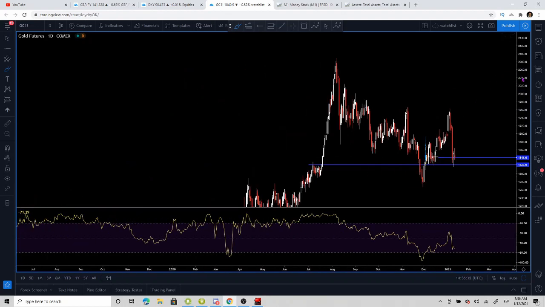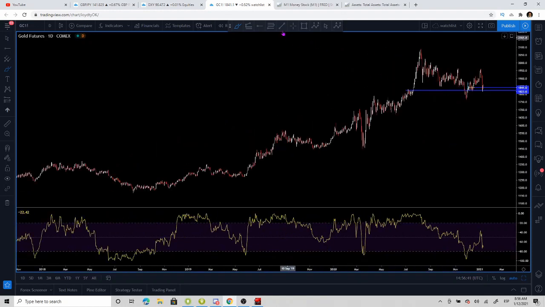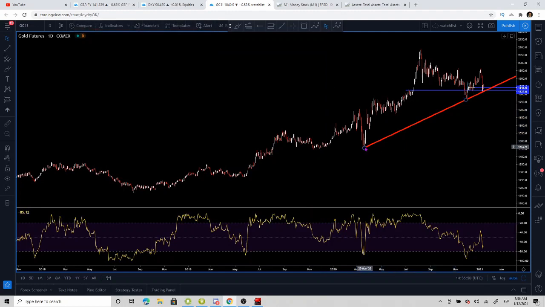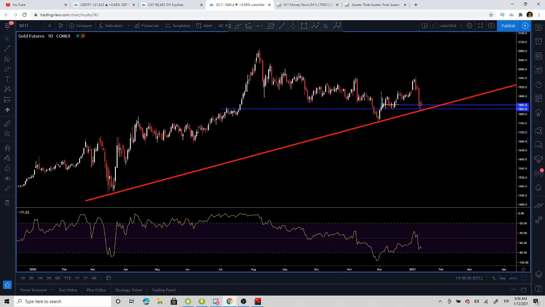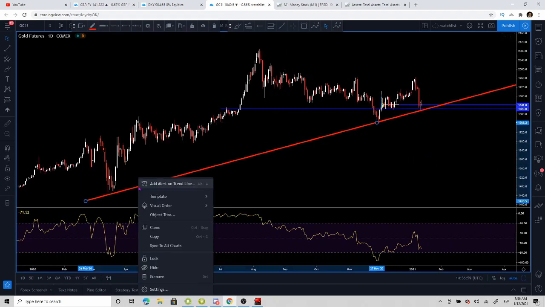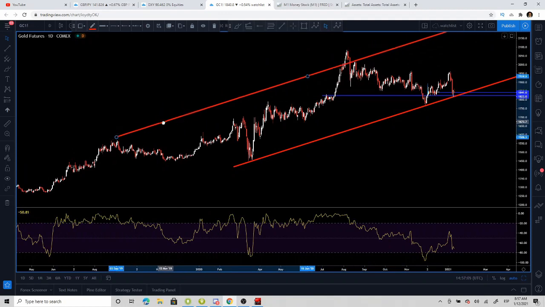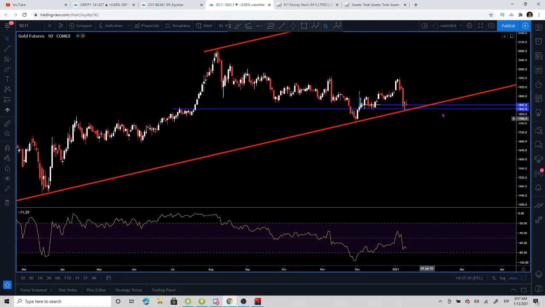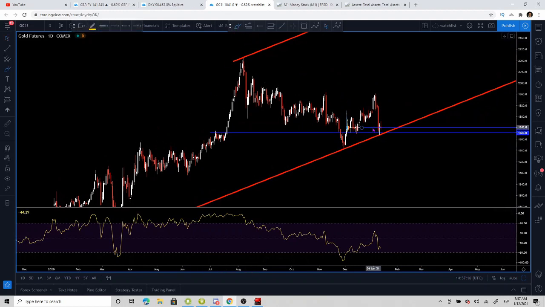Now let's see if we can get some structure out of this market. In the sense that, well, I'm not looking to trade structure, solely structure, right? Why? Because I'm really not that interested in blindly jumping into a market. I'm always looking for confirmation when it comes to trading. So this is the current structure that we're trading in. This is the third time that we are retesting the bottom of this structure